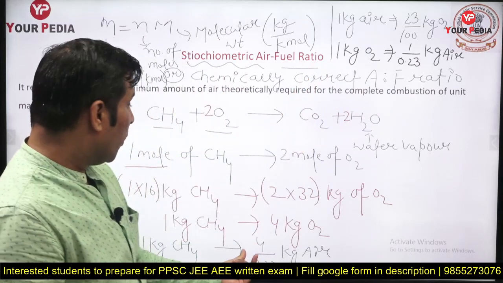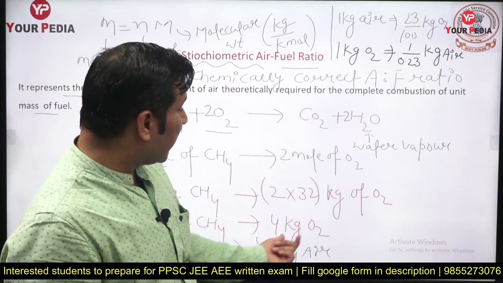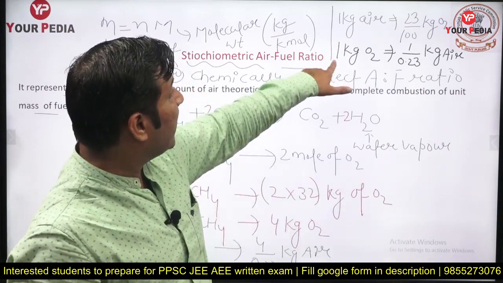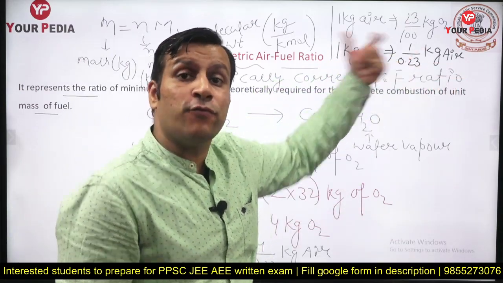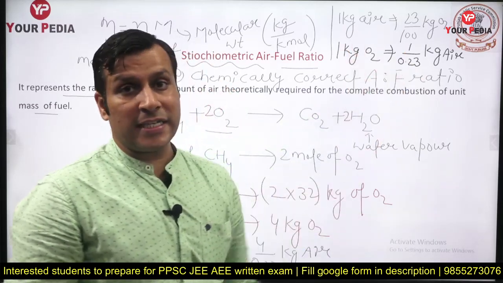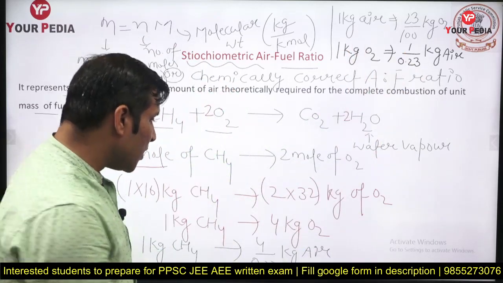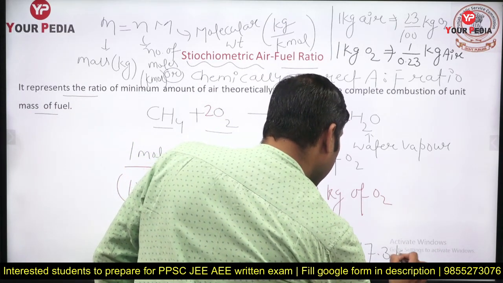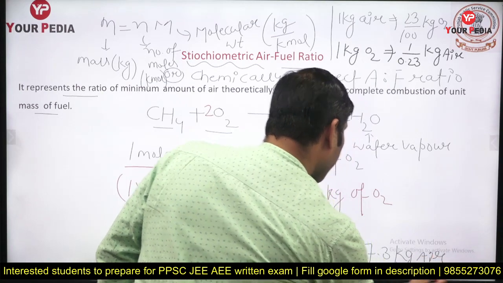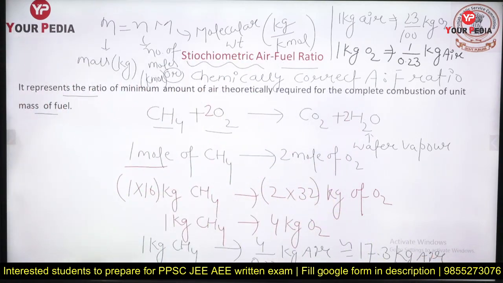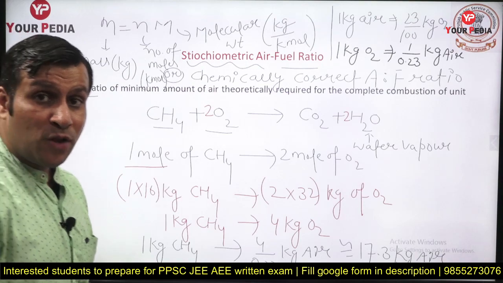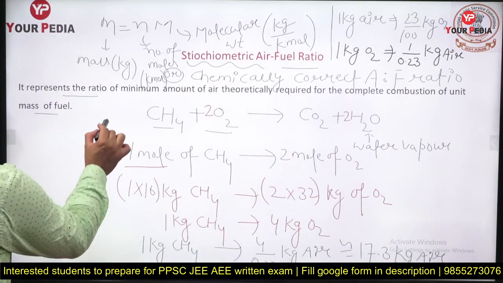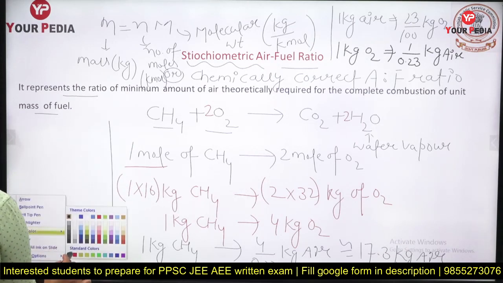But how much oxygen do we want? We want 4 kg oxygen. So 4 kg oxygen will be there in 4 by 0.23 kg air. If you carry out this calculation, you will get a number close to 17.3 kg air. So for the complete combustion of 1 kg methane, how much air is required? 17.3 kg air. That's why the stoichiometric air fuel ratio for methane will be